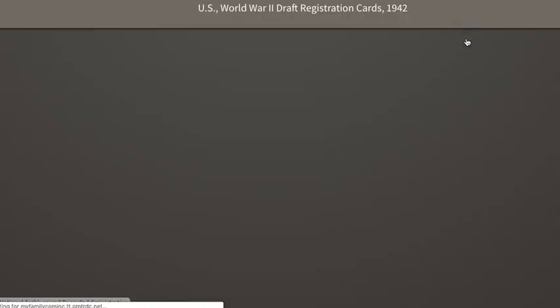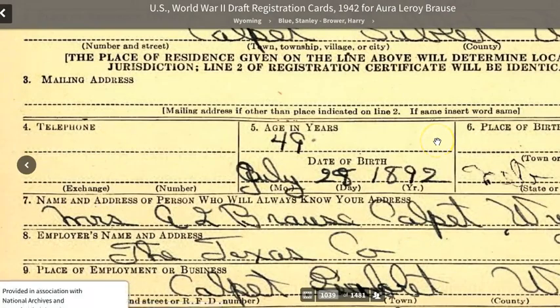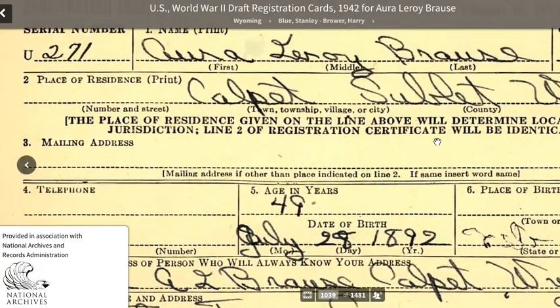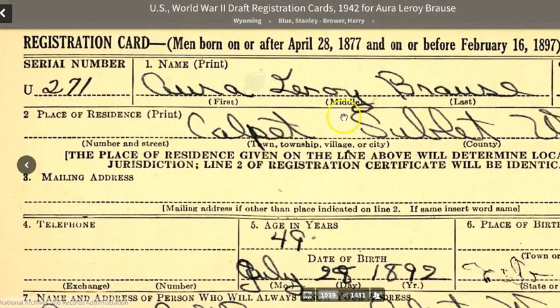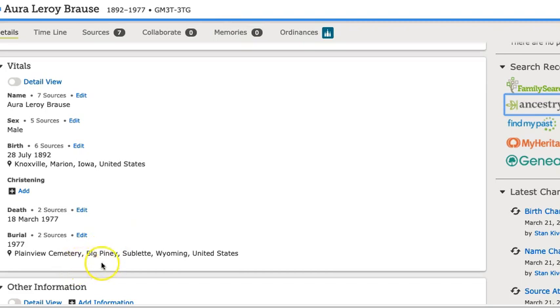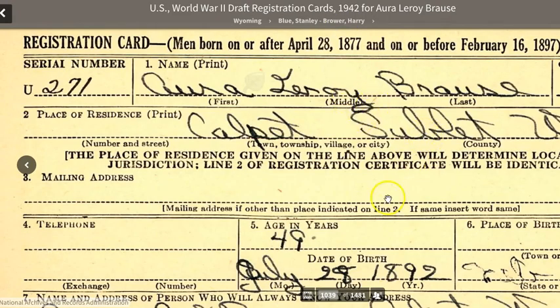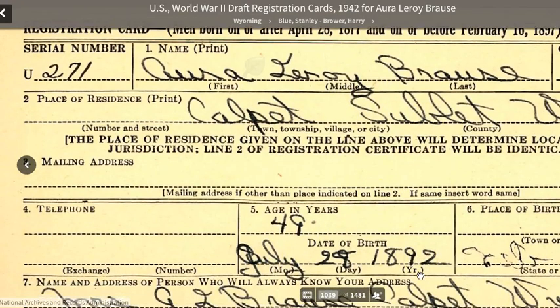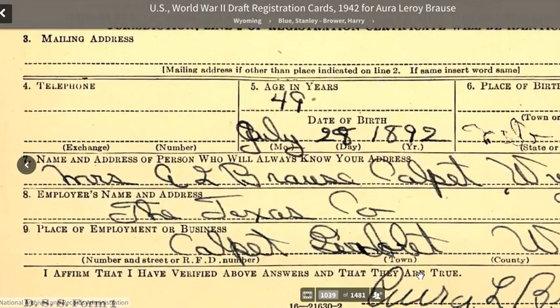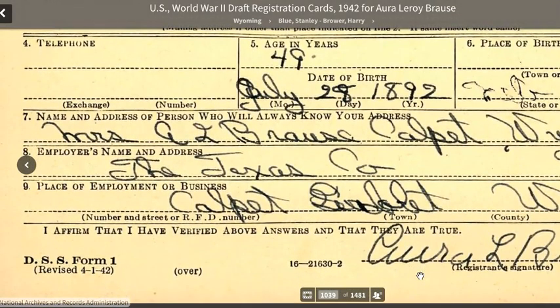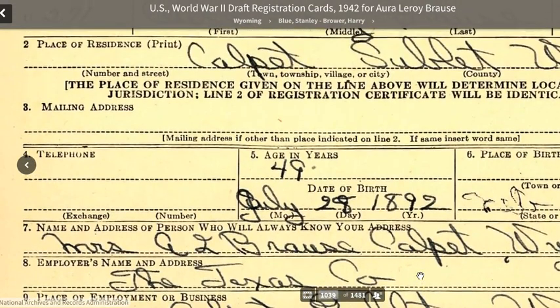If I show you the actual card again, you'll notice that his place of residence at this point is Cowpit, Sublette, Wyoming. And when he died, in Sublette, Wyoming. And so in World War II, we've found a record that matches, and the exact birth date, 28 July. I mean, we already knew it was him, but this just confirms